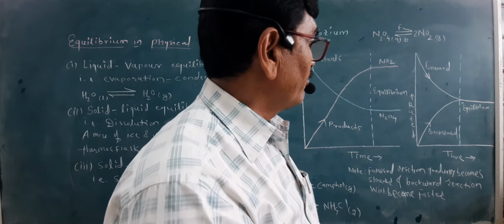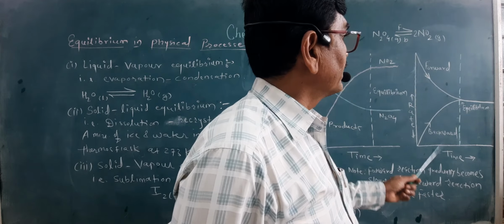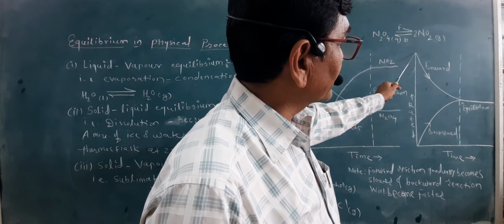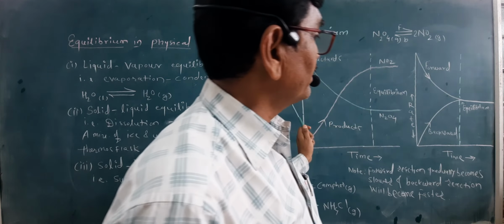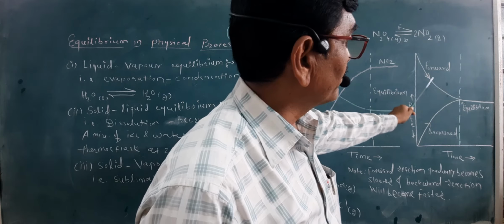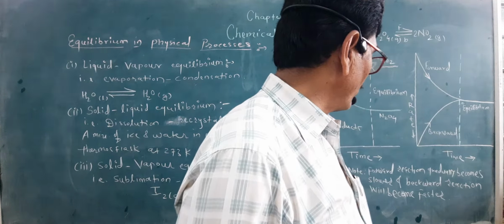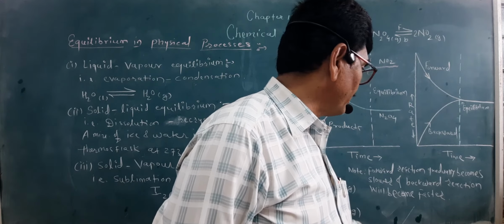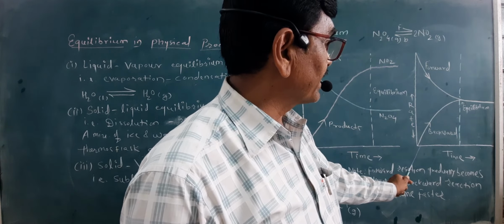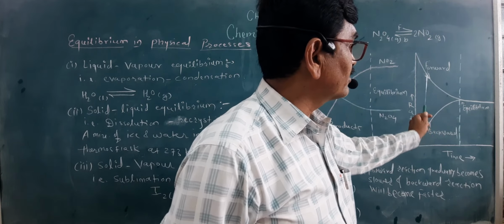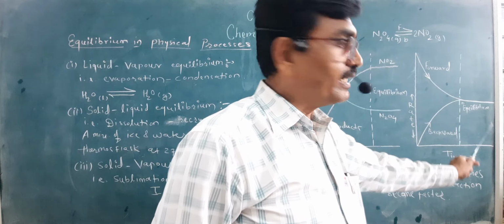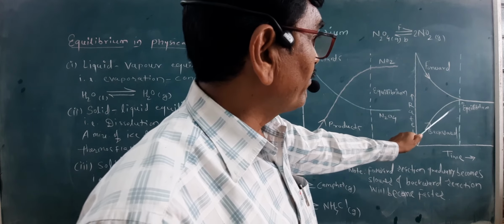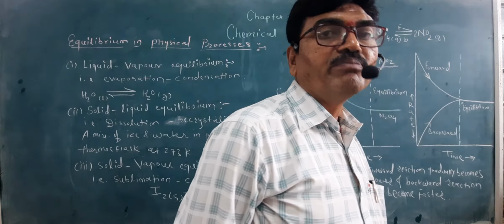One more graph when rates are plotted against the time. See here, so rate of the forward reaction, simple graph. So initially the rate of the forward reaction, कॉन्सन्ट्रेशन जास्त असल्यामुळे पहा जास्त असतो आणि मग तो रेट कमी कमी होत जातो. That rate becomes slower. Forward reaction gradually becomes slower and backward reaction will become faster. हे पहा, ही backward reaction आहे, ही फास्टर आहे, ती स्लो आहे. आणि म्हणून अशी स्टेज येईल की ज्या स्टेजला the rate of the forward reaction becomes exactly equal to the backward, that is called as the equilibrium stage.